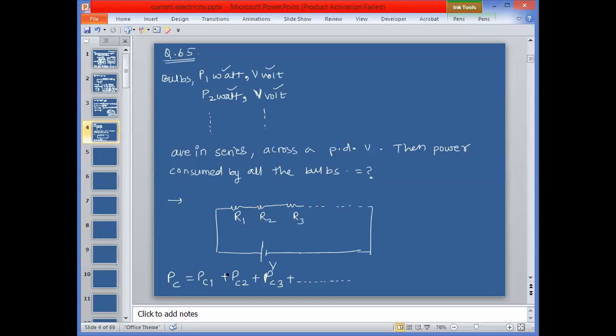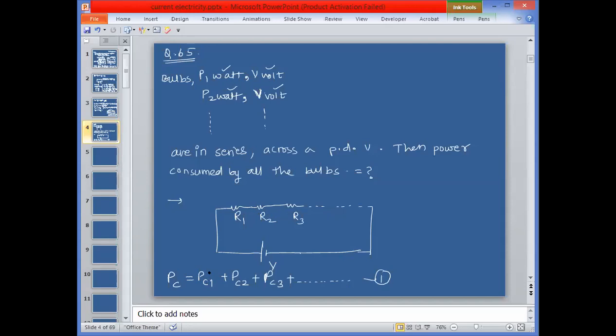Now, sir, what we have to do here is, we know that in this circuit, let's say there are n resistances. Each resistance is going to have a different value. Why? Voltage rating is same, but power ratings are different. So call this as first equation. For time being, call this as first equation.